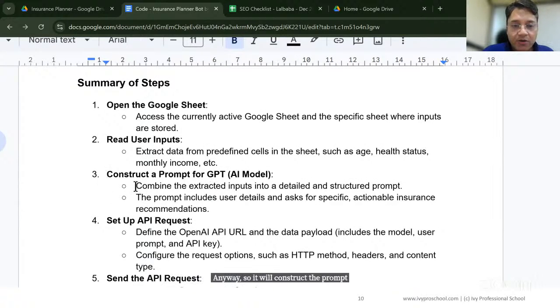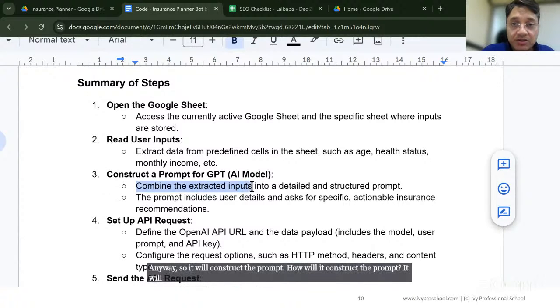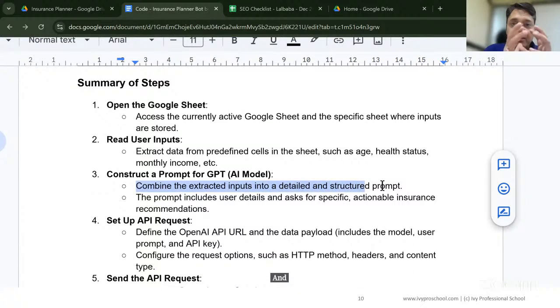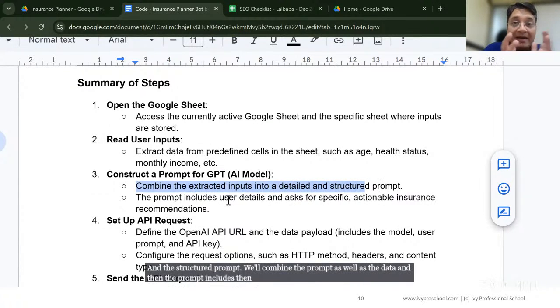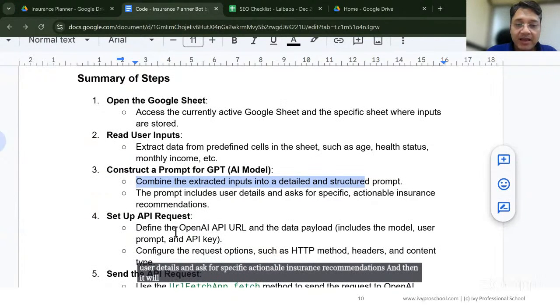How will it construct the prompt? It will take the extracted inputs. This is the data that we spoke about, and the structured prompt will combine the prompt as well as the data. Then the prompt will be appended with the user data, user details, and ask for specific actionable insurance recommendations. And then it will set up the API request, define the OpenAI URL and the data payload, which includes the model,